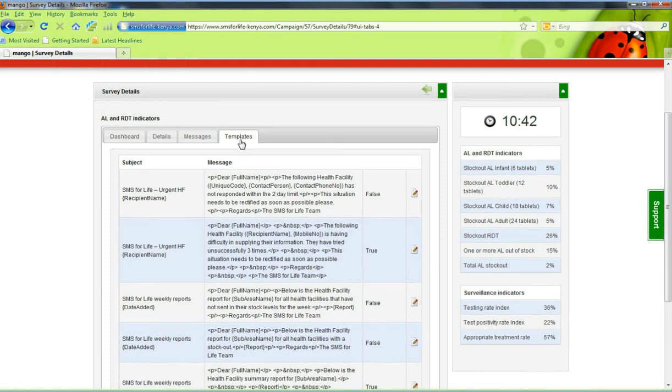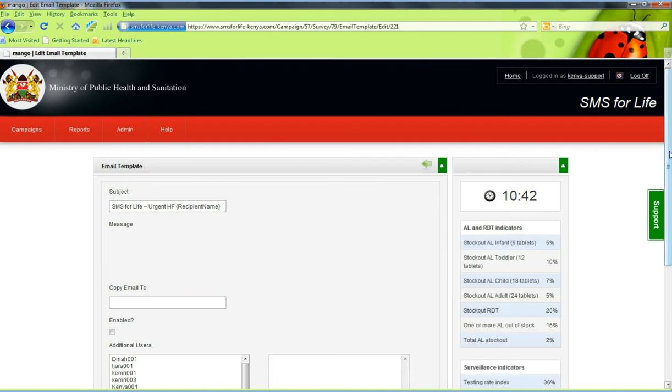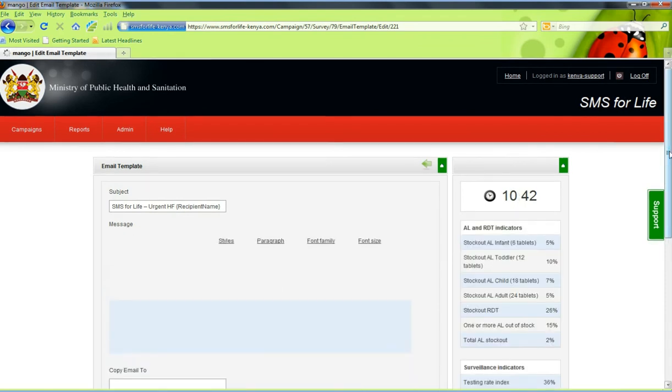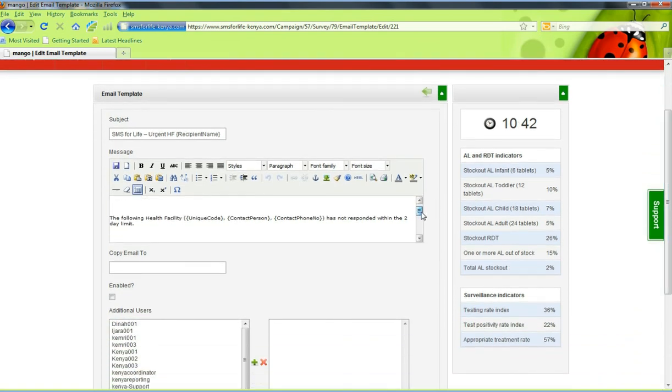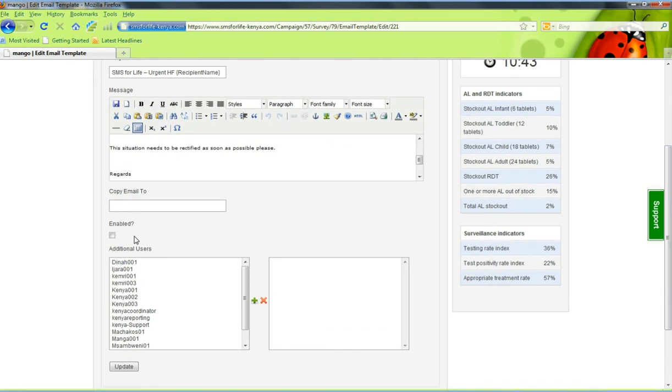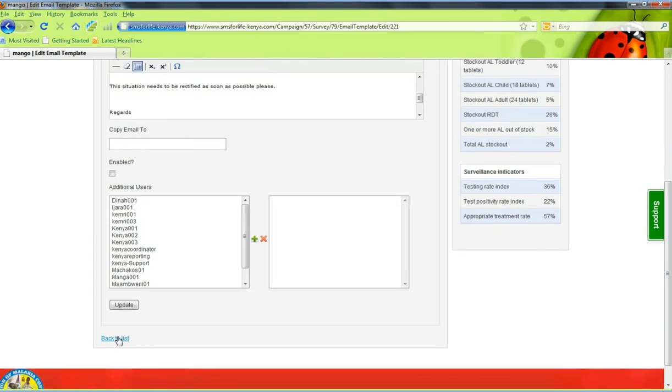And finally we have the email templates. So these could be for the weekly management reports that go out automatically from the system. They could be for escalation emails and so on. So you can see the wording here, and we have an HTML editor which gives you control. So if you want to again adjust or fine-tune the messages that go out on the email, you've got control of those here. You can determine who the messages go to. You can update the messages to